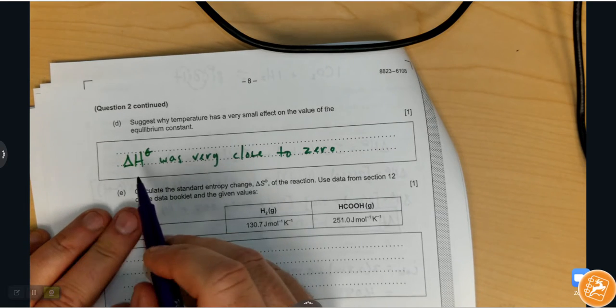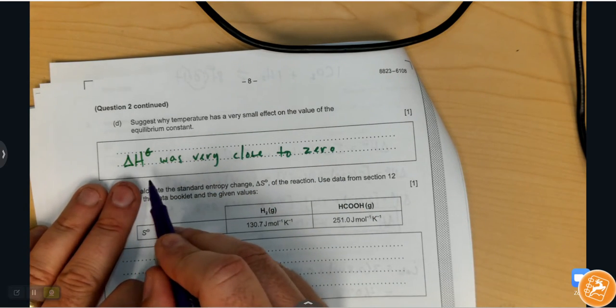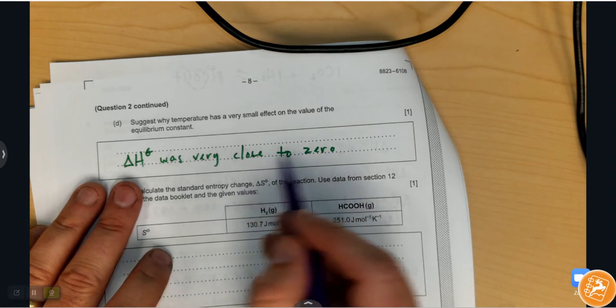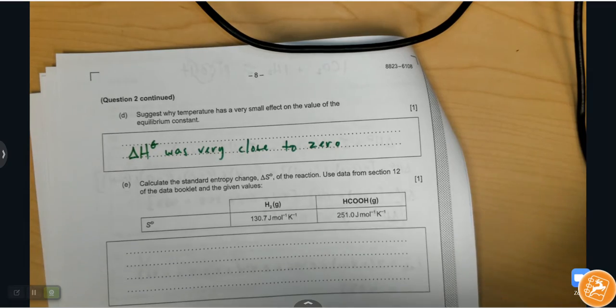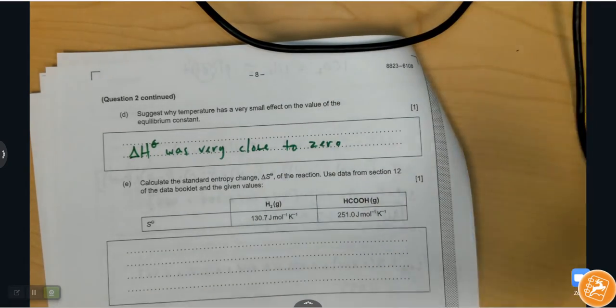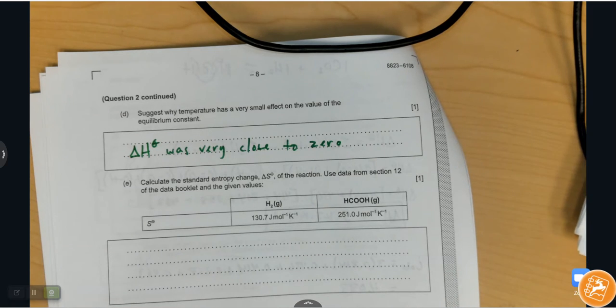Part D to number 2 says, suggest why temperature has a small effect on the value of K. Well, remember the enthalpy change was just 5. I said it was very close to 0, or it was small, or something like that would do it. All right, so moving on to part E, it says calculate the standard entropy change of the reaction using data